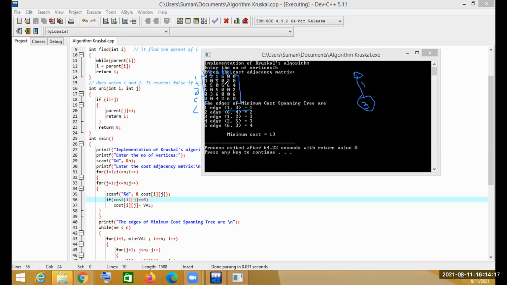The next edge we see is 6 to 4, and its value is 2. So 6 to 4 is another edge, the next minimum edge chosen. So its value is 2. Then the next minimum